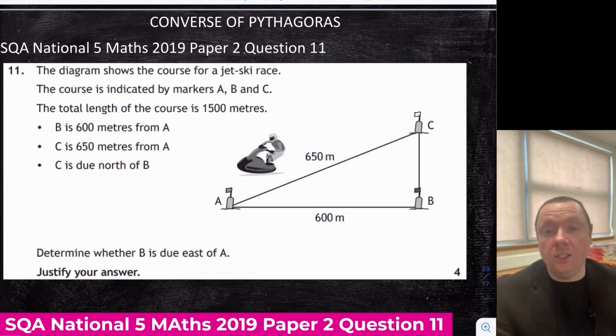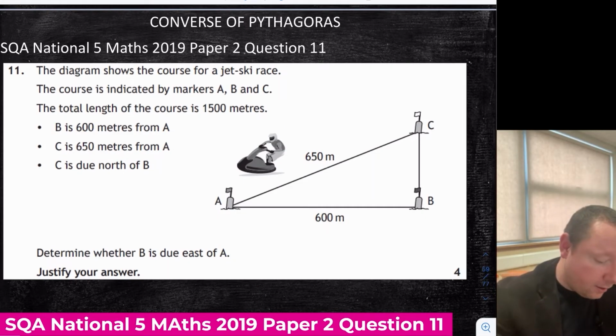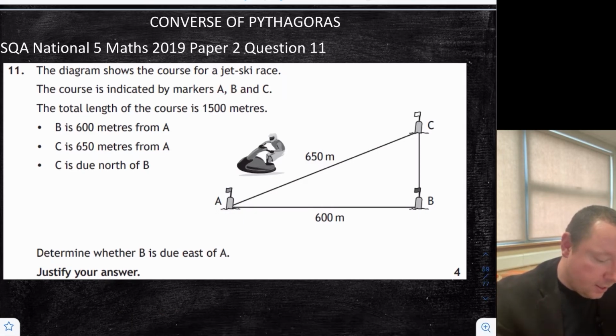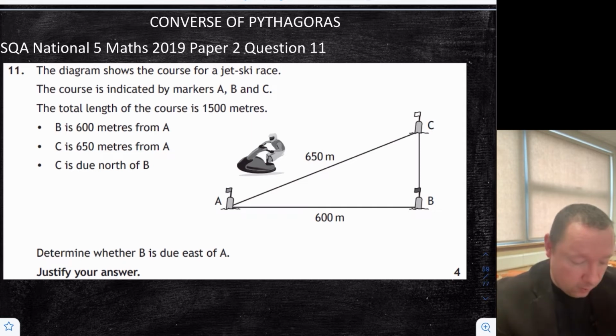2019, Paper 2, Question 11. Converse of Pythagoras. The diagram shows a jet ski race. The course is marked out by markers A, B, and C. It says B is 600 metres from A, C is 650 metres from A, and C is due north of B. Determine whether B is due east of A. Well, if it is, it will be a right angle. Now, you cannot use Pythagoras to get this missing side, because you're going to try and prove it's a right